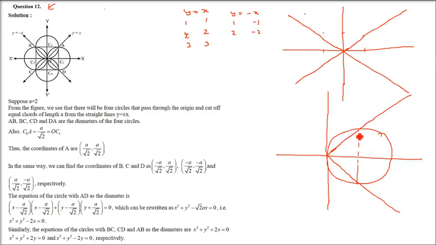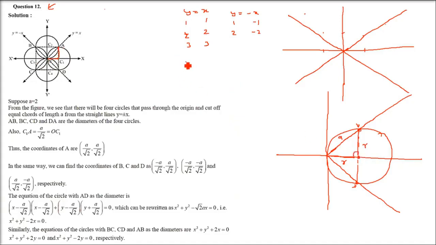So when this situation is there, this line or chord is the intercept it is coming, and below also its intercept coming. So if we know the endpoint of the diameter, we'll be able to find out the equation of the circle. Let us assume that this equal intercept which it is coming is a. And this is the radius. See, this is the radius of this circle.